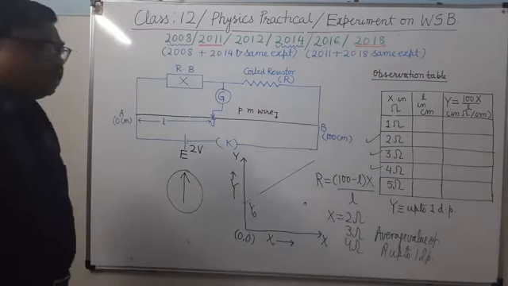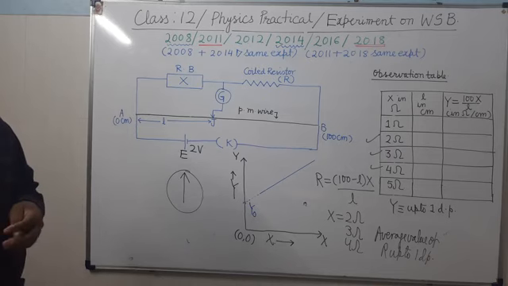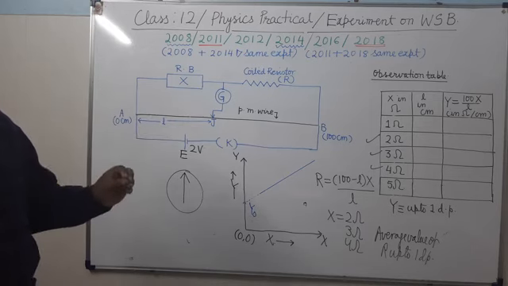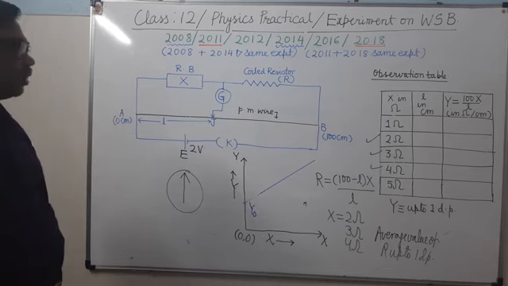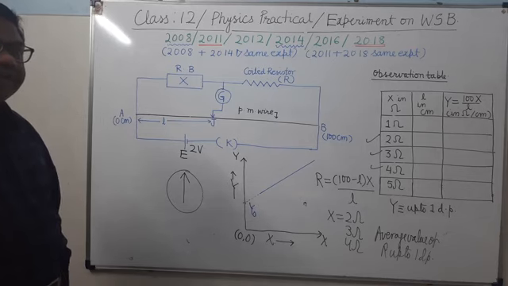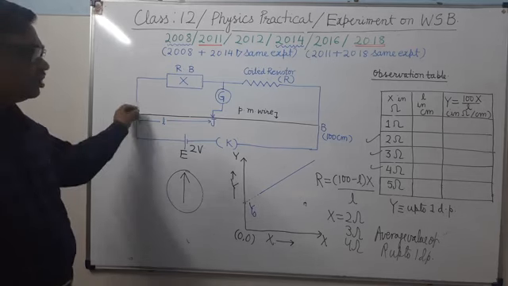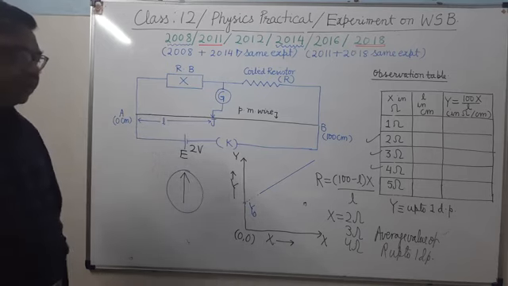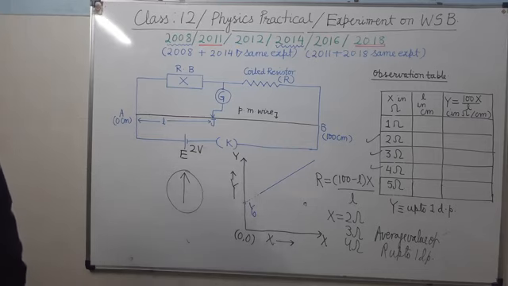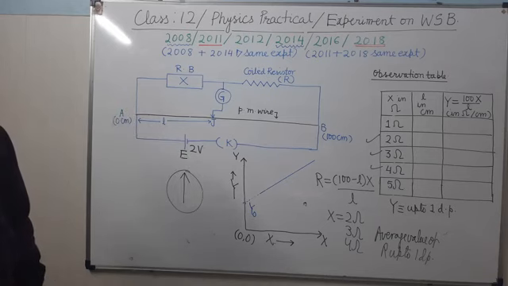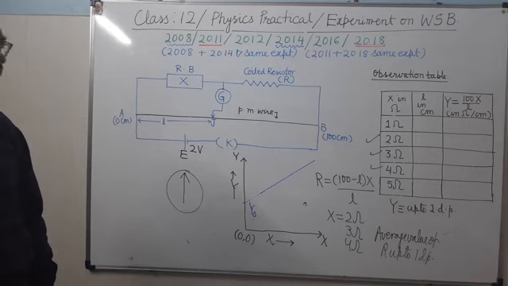Now see here one thing which is very important in the experiments of electricity, that you take all the 5 observation readings in a very quick time. It's clear? Otherwise what will happen? When current flows for a sufficiently long time, the wire will become heated, and when it becomes heated, its resistance per unit length will change. It's clear? So you record it very quickly. So this is all about the theory of this experiment. Then how will you take the observation? So that I am explaining to you.